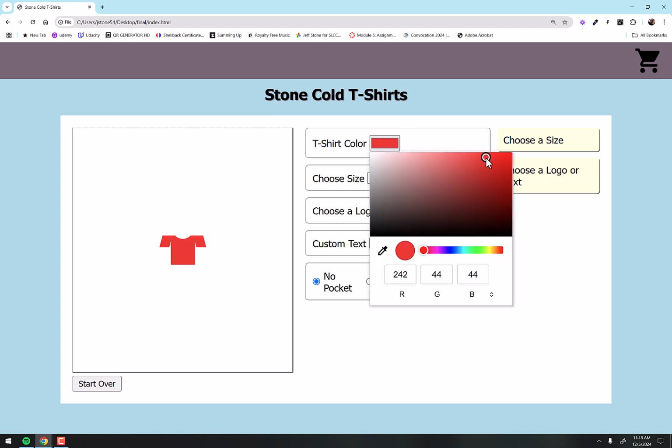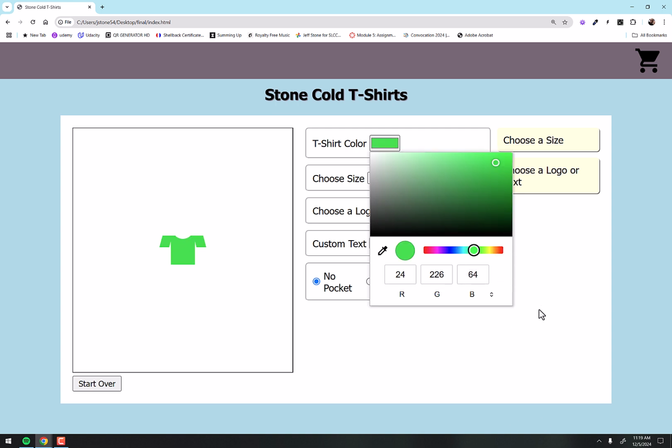So I choose the color red. Notice that the second I clicked on the color, it appeared. And then it changes to blue the second I click, or to green, or to whatever. You might recall in a previous assignment we used a color picker, and when we clicked the color picker, it didn't actually register instantly. We had to click another button to make that work. And that's because we were listening for click events. In this case, I'm listening for an input event. So that'll allow you to do it directly. The moment I click, it changes right as I click on it. All right, so make sure you do that because that's what we want the behavior to be.